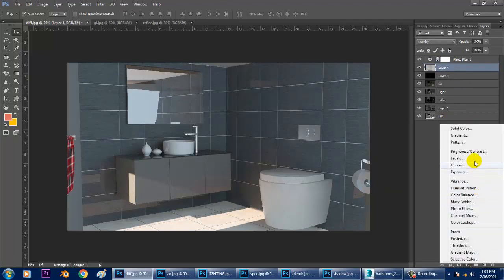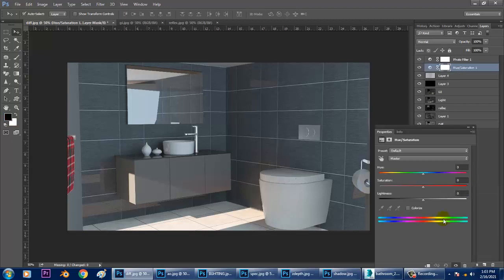Let's go into this and give some hue saturation. We'll go with the colorize option over here.